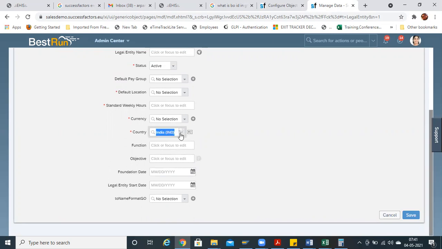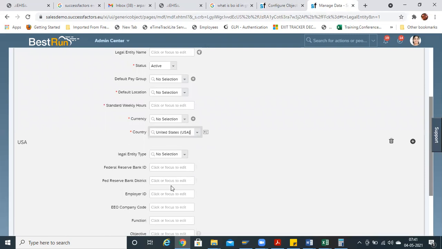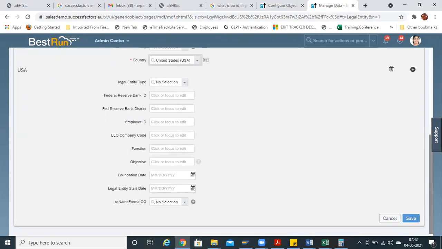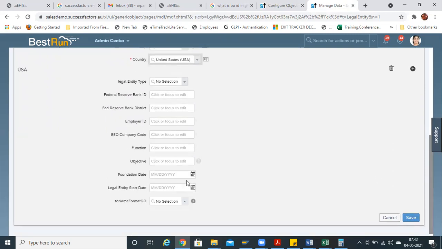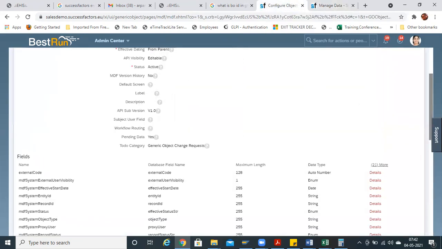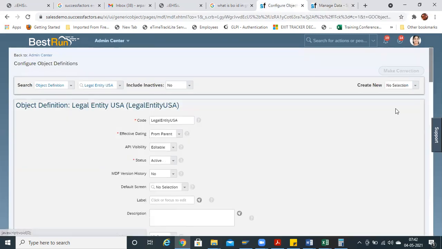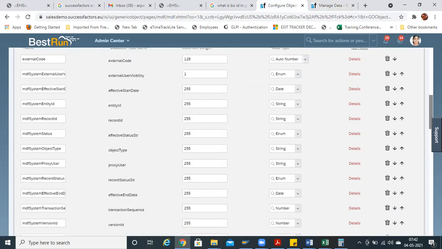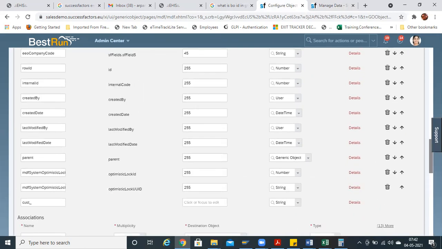If you select USA, don't go into this function, objective, foundation, date. We have created all of this. Due to some UI backend interface, it is showing down. If you want, you can just delete it. These are our custom created fields.